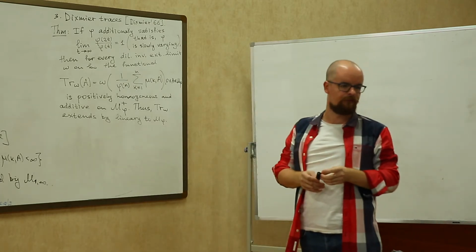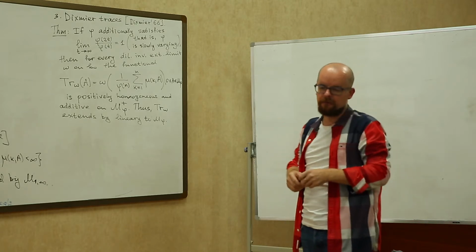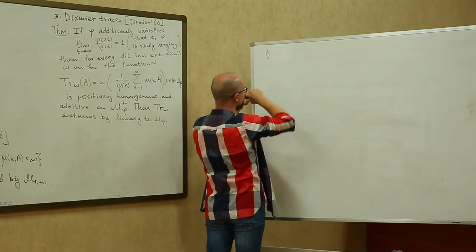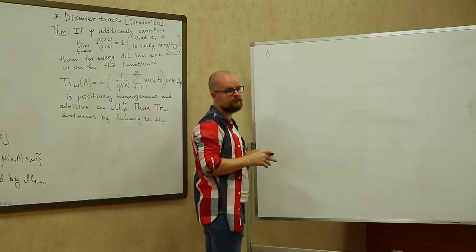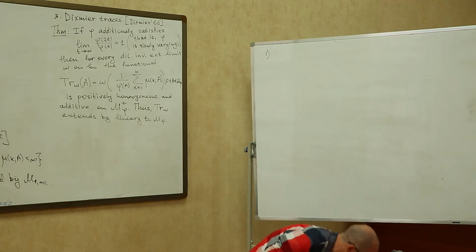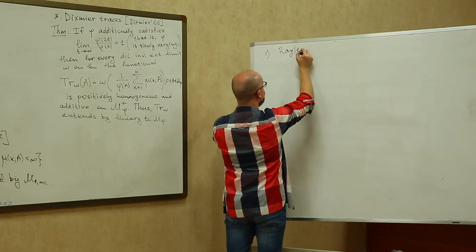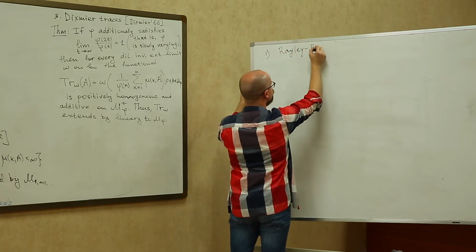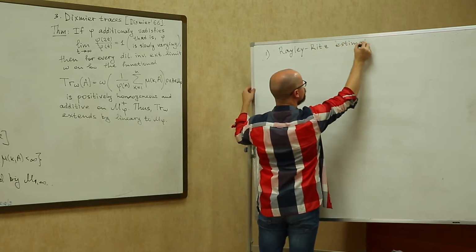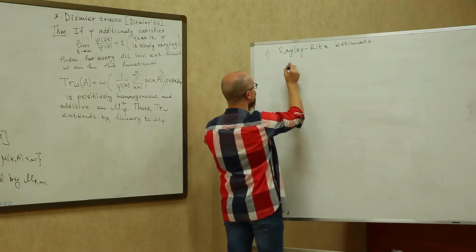Well, the standard way to prove additivity is to prove two inequalities and then claim that we have additivity. So the first one is an easy part. So there is a classical estimate on the partial sums of singular values. I think it's attributed to Rayleigh's estimate. So it tells us that